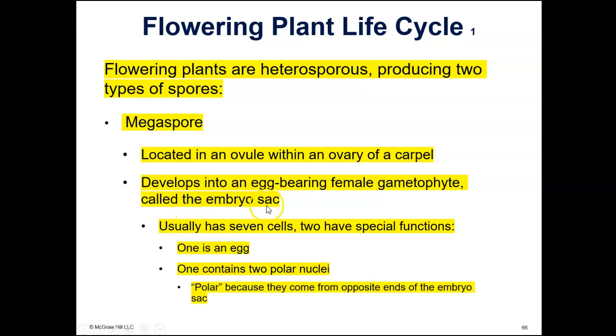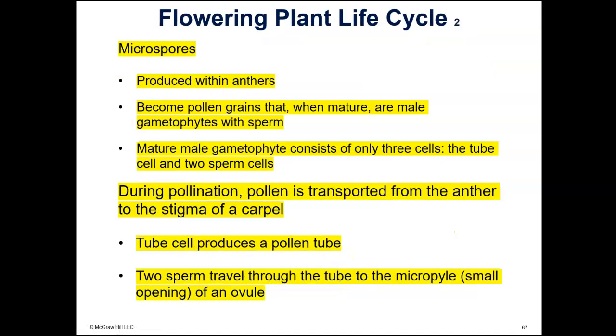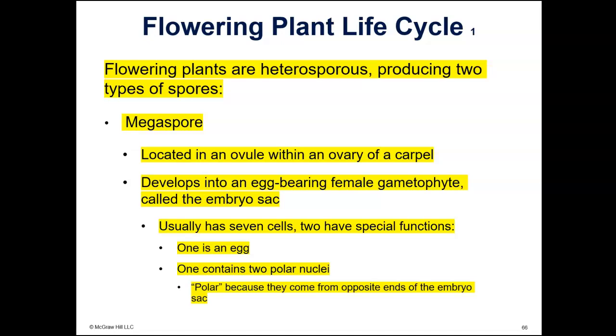called the embryo sac. All right, so here we have the name of the female gametophyte structure. It's the embryo sac, okay? The embryo sac usually has 7 cells. 1 is an egg. 1 contains 2 polar nuclei. And then there are 5 more, but the ones that you need to know are the egg and the polar